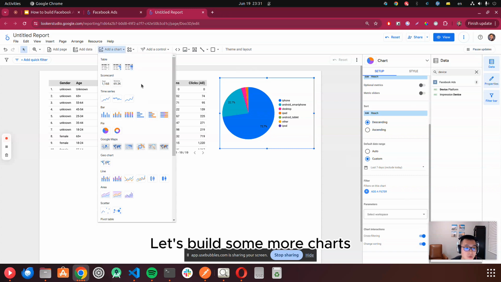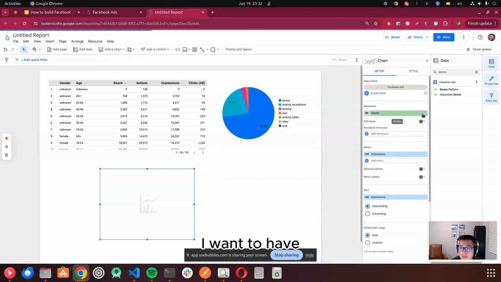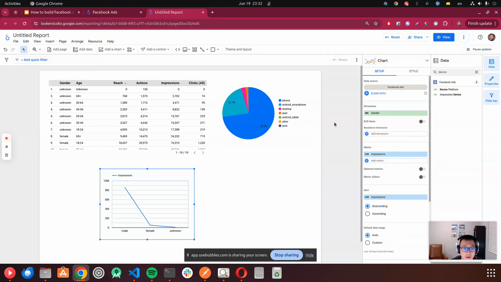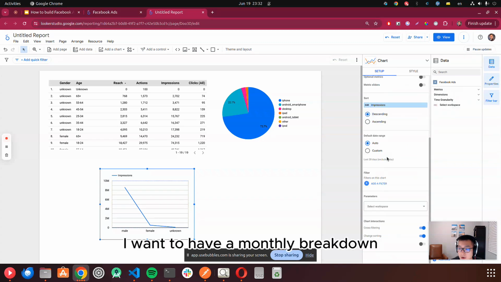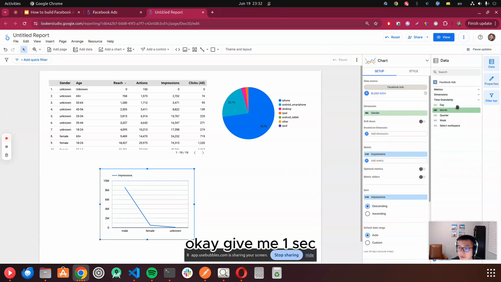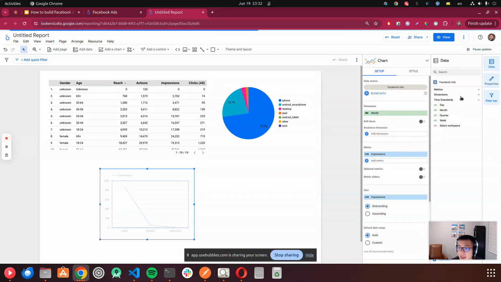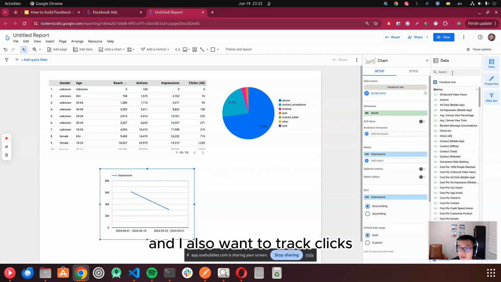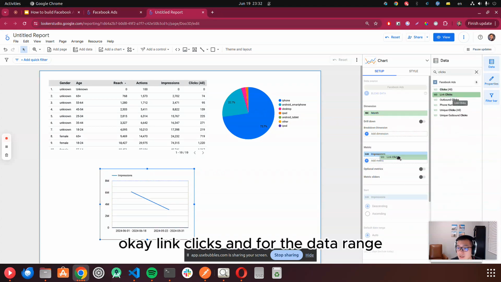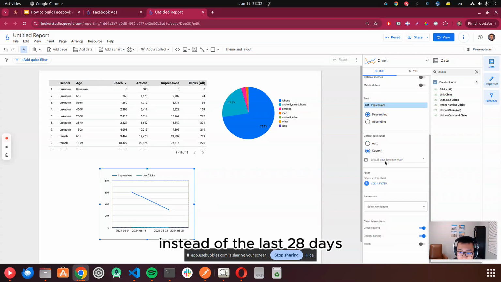Okay, let's build some more charts. Let's say we want to have a line chart. I want to have a monthly breakdown. Okay, give me one sec. Okay, monthly breakdown for impressions. And I also want to track clicks. Okay, link clicks. And for the data range, instead of the last 28 days, what I'm going to do is